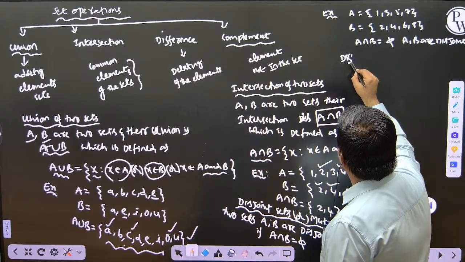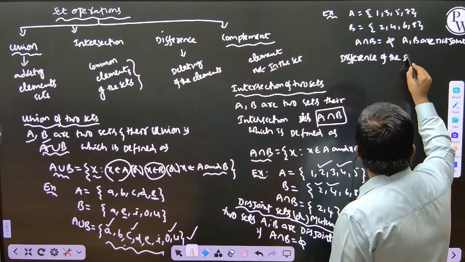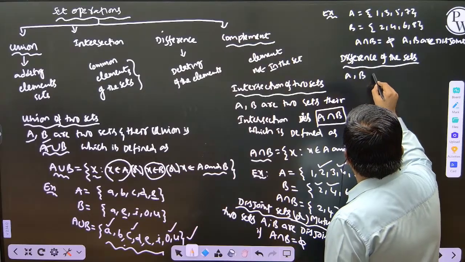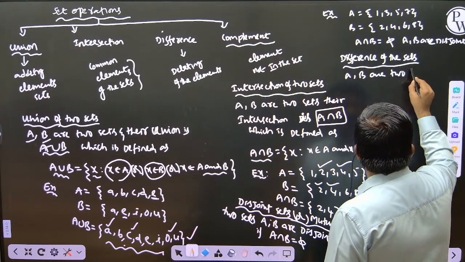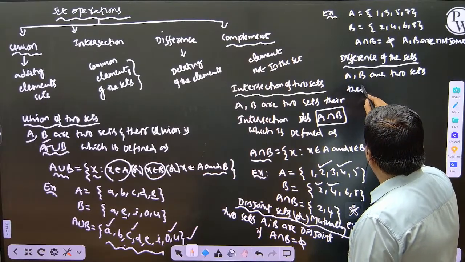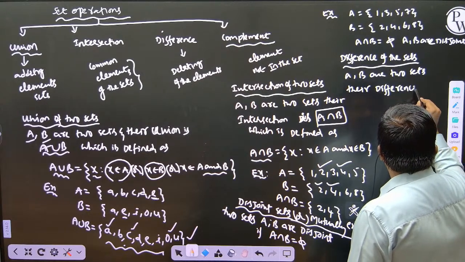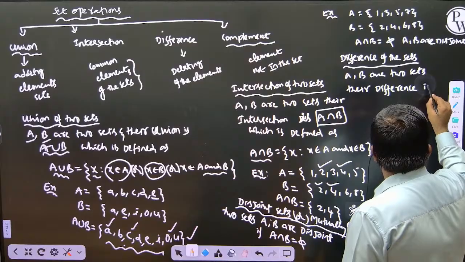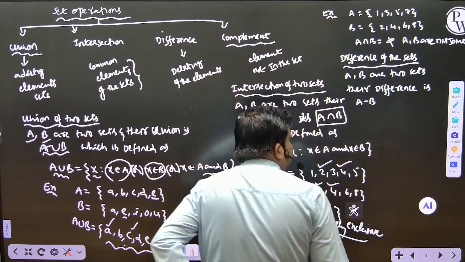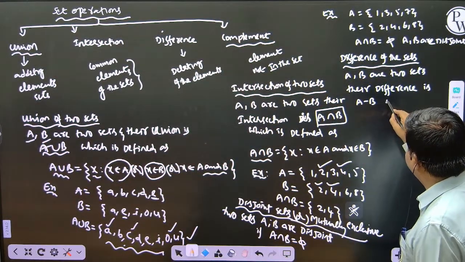Next, difference of sets. A, B are two sets. Their difference is A minus B, which is defined as